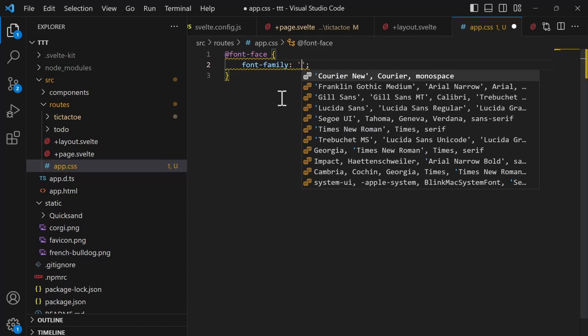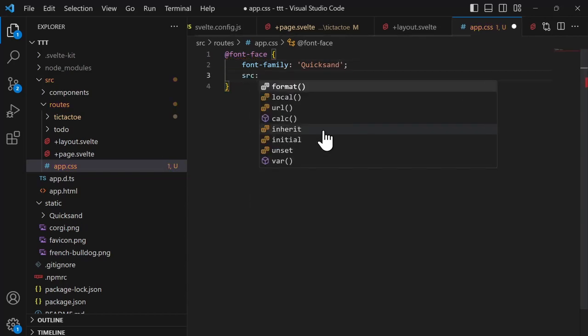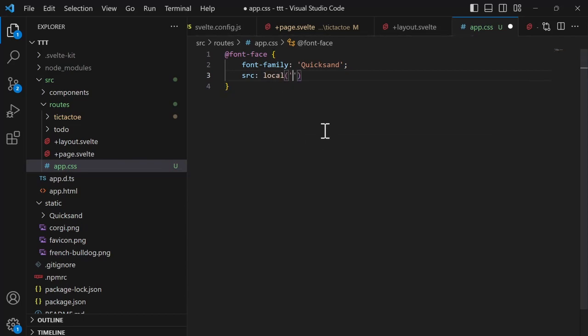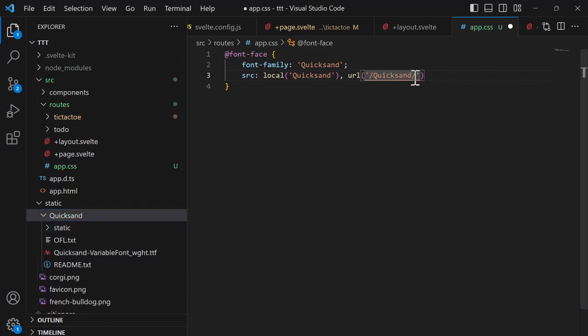We're going to call this quicksand. As source as local quicksand, and URL as, and this is going to be quicksand and a slash inside is static, so we're going to say static slash